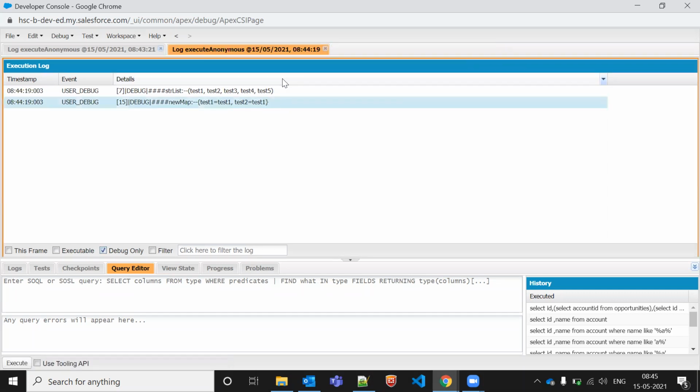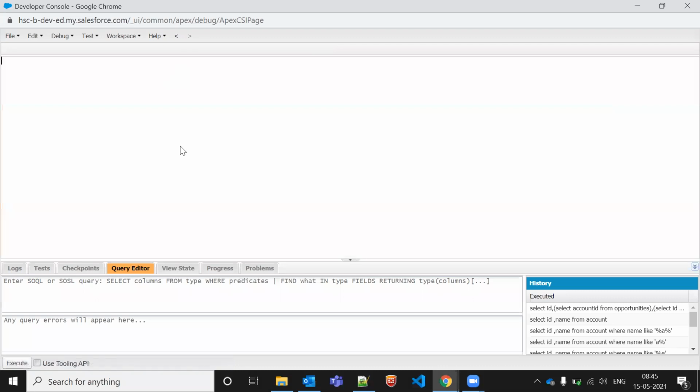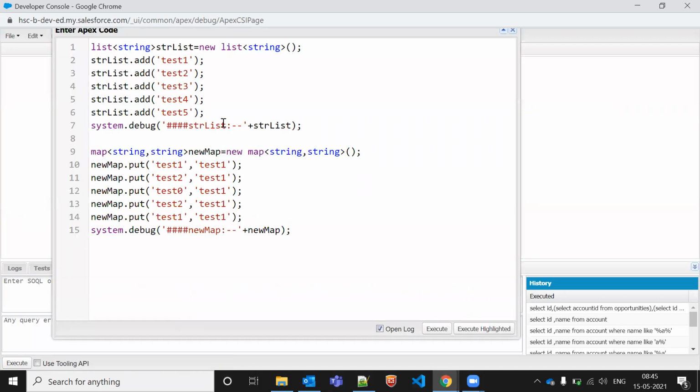But yes, in some circumstances, let's say we know the value, the order of execution of the values we want to get. So I want to add, like, indexing 3. So what is indexing? Indexing generally starts from 0. It's 0, 1, 2, 3, 4. Indexing always starts from 0 only.